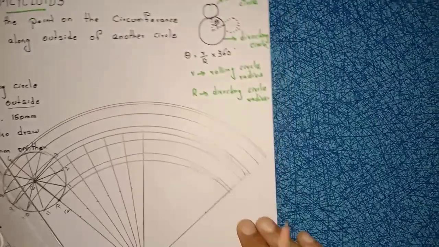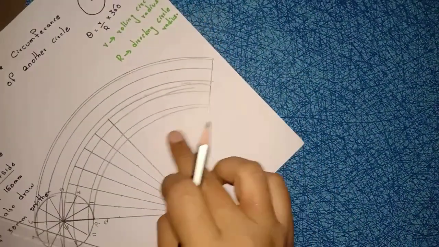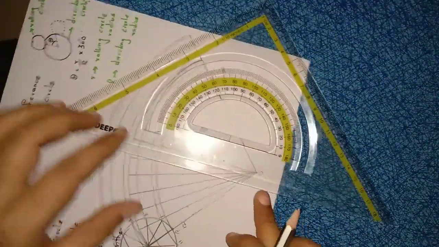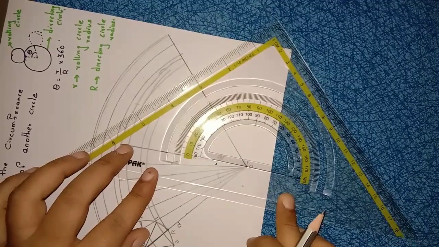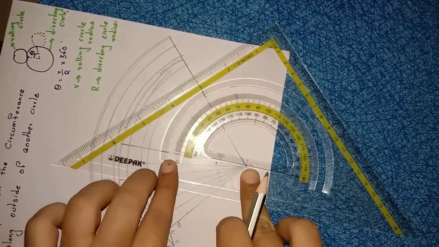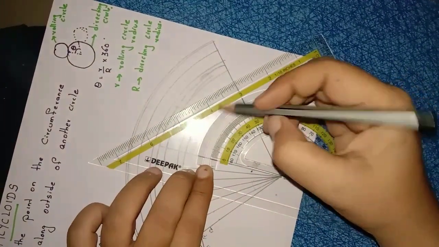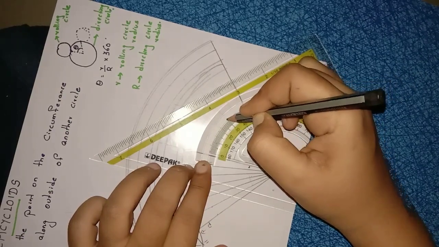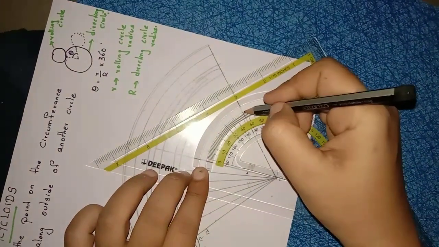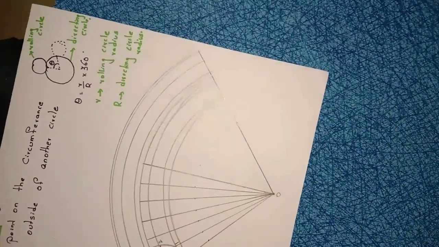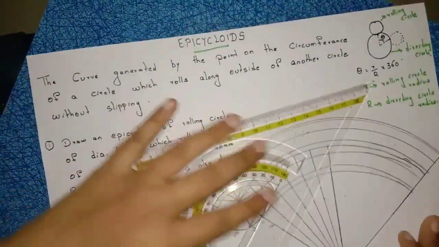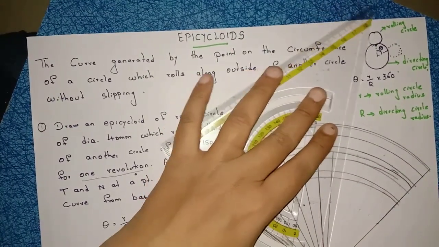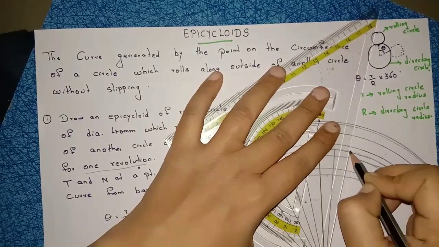See, same. Now here also 48 degrees total. So 48 degrees I am dividing again into 6 equal parts. I am placing my protractor like this on the center line from point O. This is 0 degrees. Right, so 8 table: 8 1s 8, 8 2s 16, 8 3s 24, 8 4s 32, 8 5s 40, and this is 8 6s 48. Right, after marking points, from every point I am joining these lines to the midpoint line.